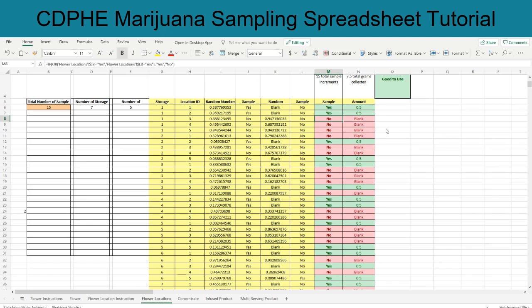The sampler would need to collect sample increments from locations 1, 2 in tray 1, 2 in tray 2, and 5 in tray 2, and so on. We can see here that by collecting a sample increment of 0.5 grams from each of the sampling locations with a yes in column M, you will collect the required 15 sample increments and a total test batch size of